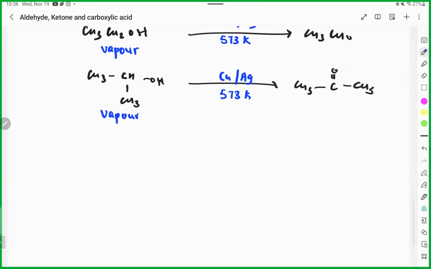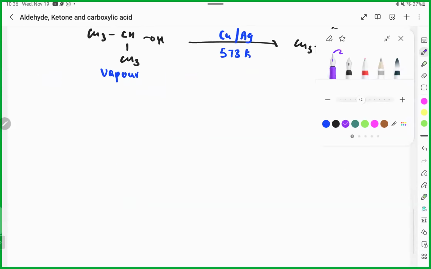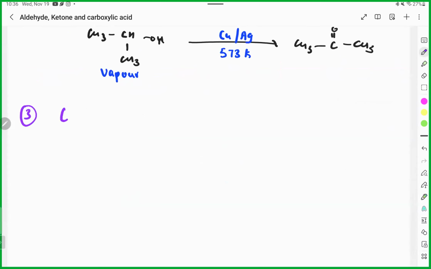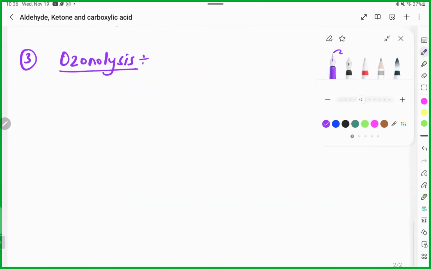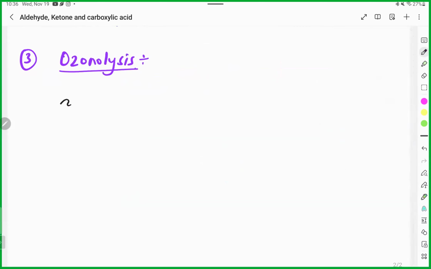Any doubt, guys? No, sir. Samarth, ozonolysis, what will you do? Sir, add ozone either with zinc or without zinc. What is the reactant? Sir, any carbon compound with unsaturation. Yes, any carbon compound with unsaturation, meaning a double bond or triple bond. This is given in the 11th class